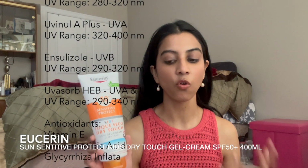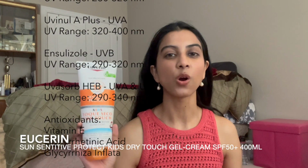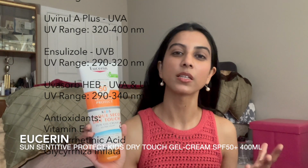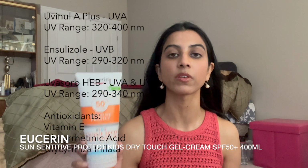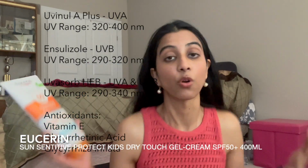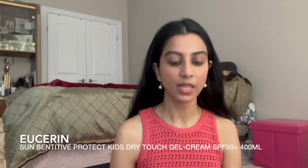This is affordable. You can use this for your face and your body. I don't know, it's just perfect. You know, I'm really, really happy with this sunscreen. It is my go-to favorite sunscreen and it's affordable. So it's great. Now to something that I